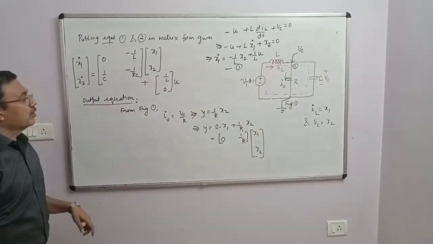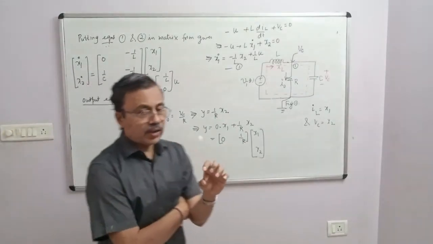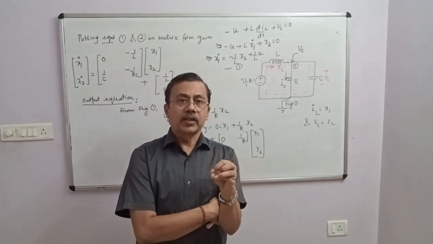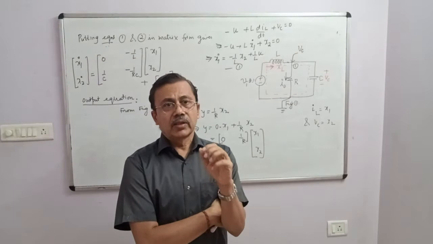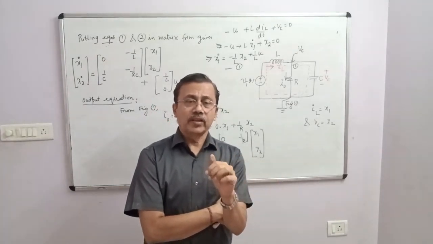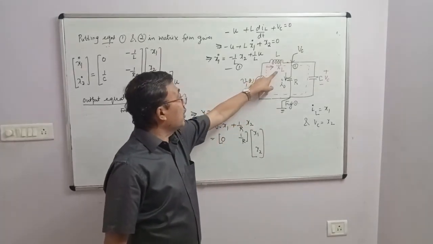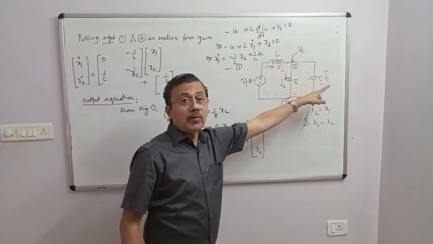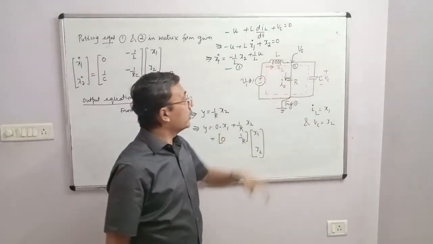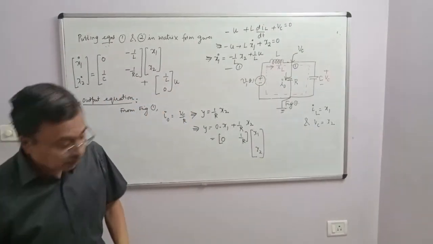In this manner, we can obtain the output equation. Therefore, for an electrical circuit, the number of state variables required is equal to the number of inductors plus the number of capacitors. Normally, the currents through the inductors and the voltages across the capacitors are taken as state variables. Therefore, in this problem, I have taken IL equal to x1, Vc equal to x2. The direction of IL is arbitrary. Please keep this in mind. So this is how the problem is done. We'll go to the next problem.